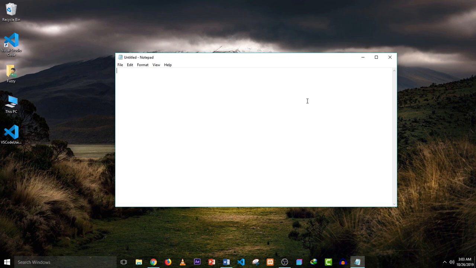Just look for Notepad if you're on Windows. So I don't know how it is called in Mac operating system and also Linux, but basically if you type Notepad, you should get something that looks like what I'm having on my screen here,